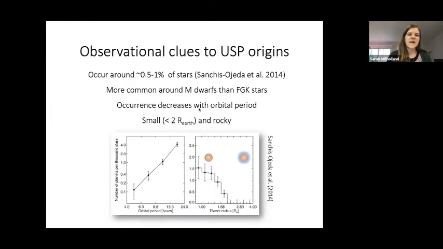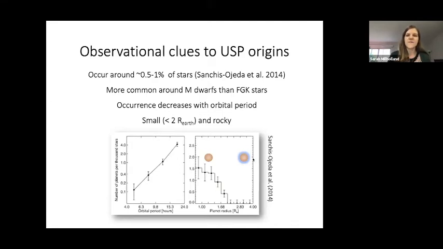And their occurrence rate goes down with the orbital period, as you can see in this occurrence rate plot to the left. And finally, they're almost always pretty small planets, smaller than about 2 Earth radii. Their compositions are consistent with being fairly rocky, Earth-like compositions. So this suggests that if the planets were born with any amount of atmospheric envelope in hydrogen and helium, then they likely lost those envelopes due to the immense amount of stellar irradiation that they're receiving on their